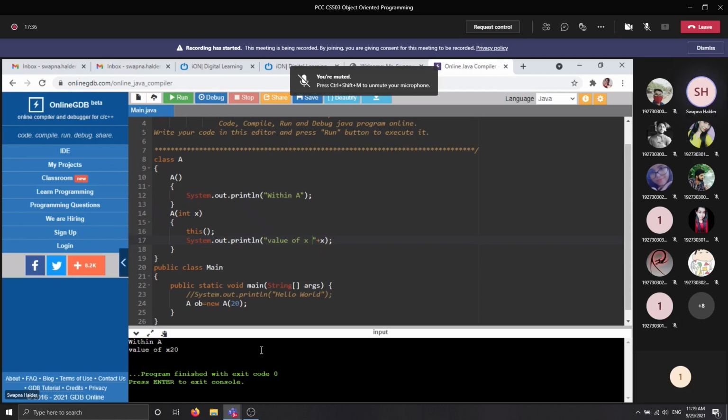I'm just showing this example. This is the easiest example to understand the basic concept of this. But if you want to make use of this concept, then you need to do several other programs.